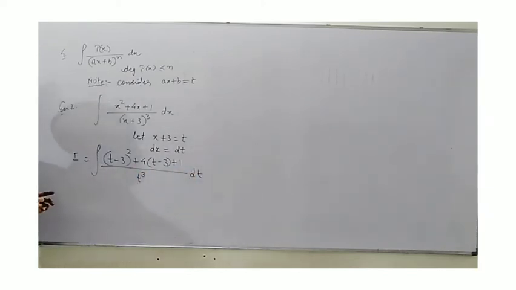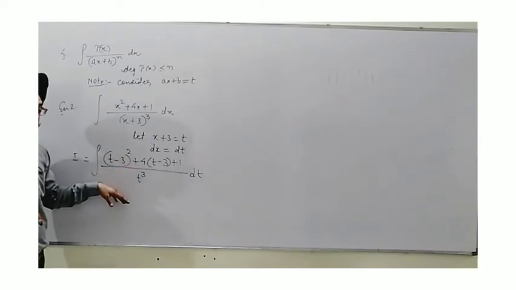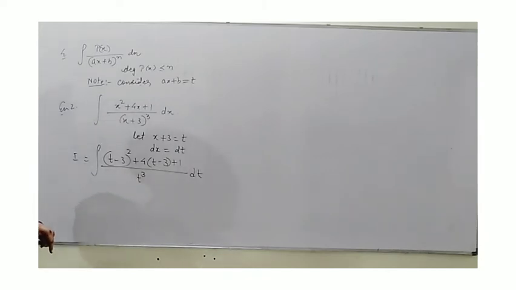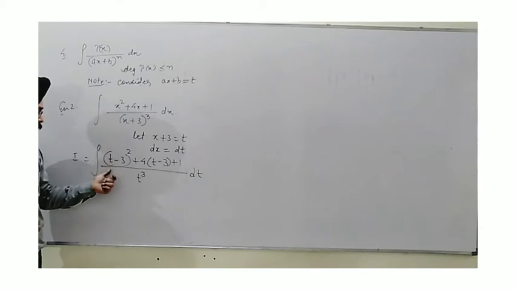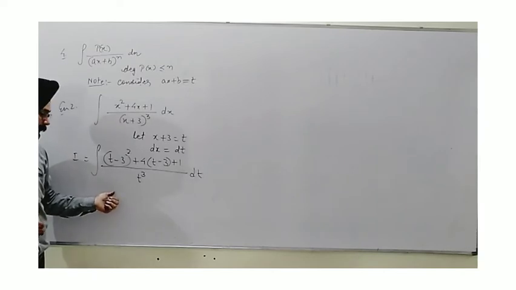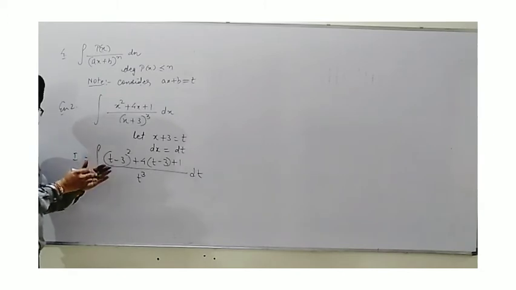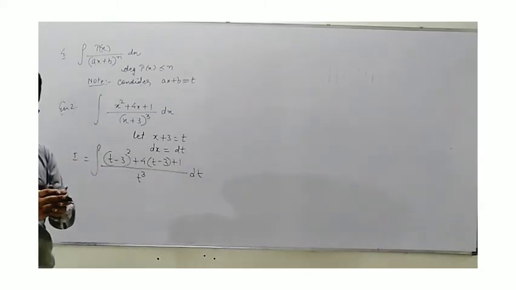Now you can see this whole has been converted in terms of variable t, and the change which was targeted is the monomial in the denominator. This was the target. But one more thing I will add. Here it is a square, so we can expand it using the identity (a minus b) whole square. If it is a cube, we can still do it, but not always. So we have to see which method we are applying. More than 3 is not that convenient for students to expand.